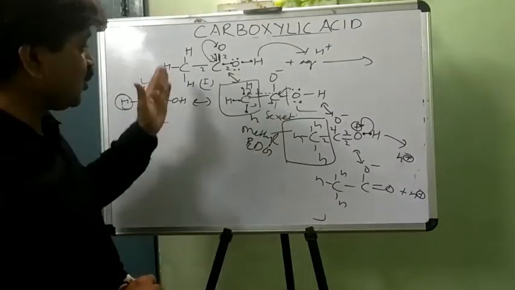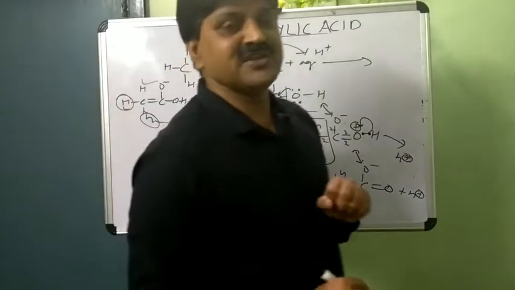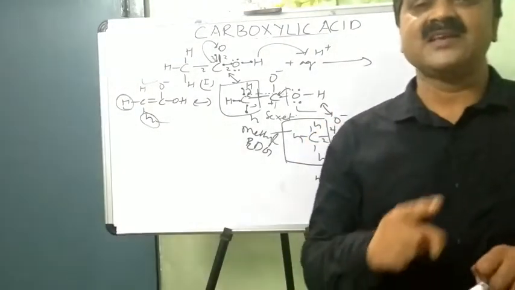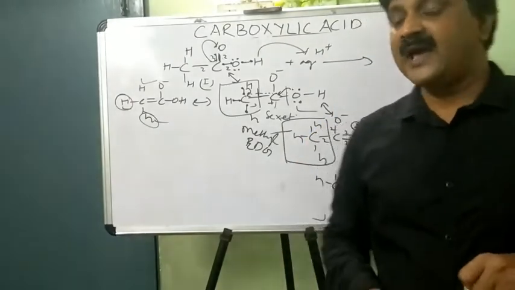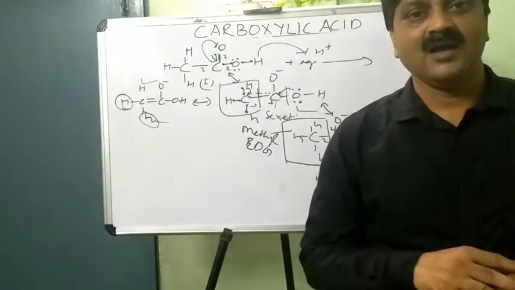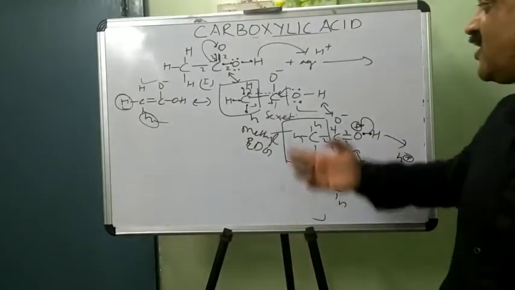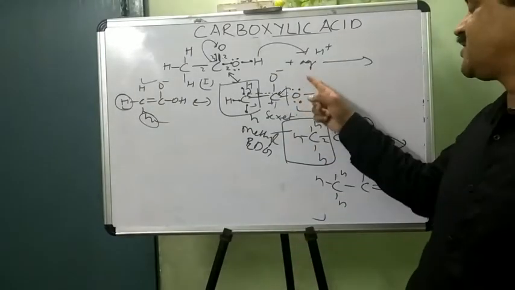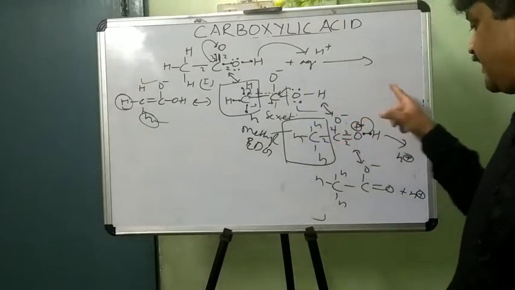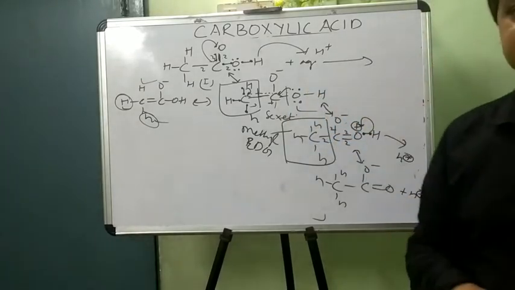As the electron donor groups on the carbonyl carbon of carboxylic acid increase, they intensify the electron density on the carbonyl carbon and it does not demand the electron from the oxygen side. And when no donation or sharing of electrons takes place by the oxygen atom, it does not bear a positive charge and does not release H plus ion.